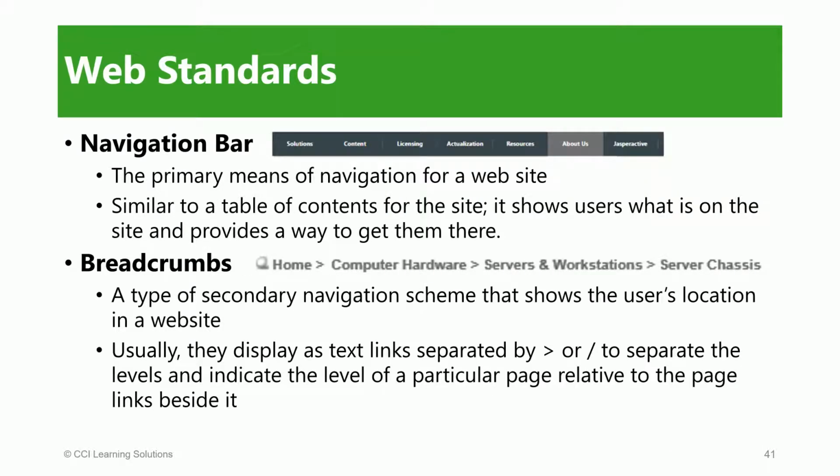Navigation bar, the primary means of navigation for a website. Similar to a table of contents for the site, it shows users what is on the site and provides a way to get them there. Breadcrumbs, a type of secondary navigation scheme that shows the user's location in a website. Usually display a text link separated by a slash or an arrow to separate the levels and indicate the level of a particular page relative to the page